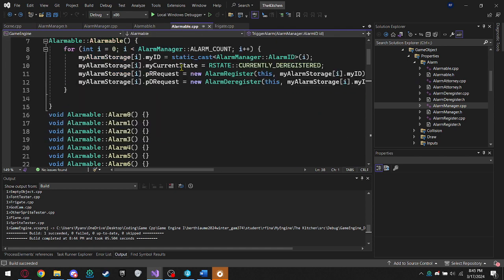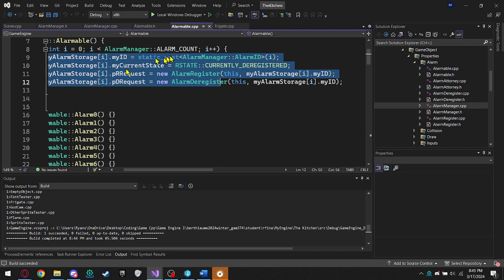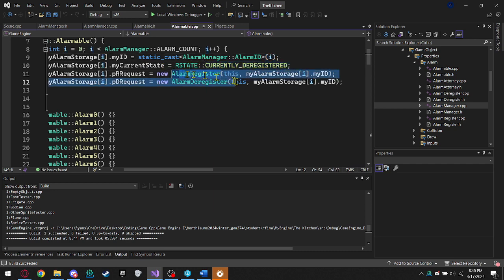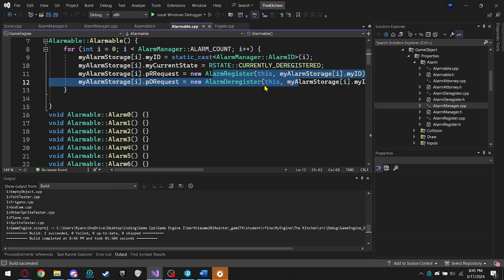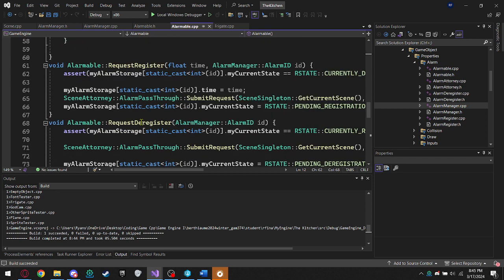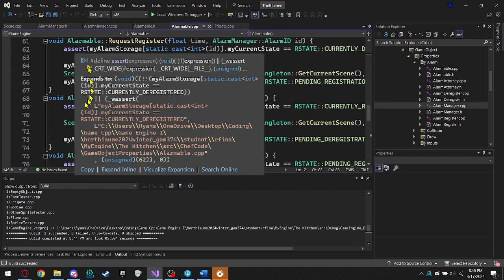When it is time to create an alarmable, we will populate each of those 8 spaces in the array. We will set the ID to be the given ID at I. We will set the state to be deregistered and create our registration and deregistration requests. We have the 8 alarms for the user to define, and we have our assert guards for all of our